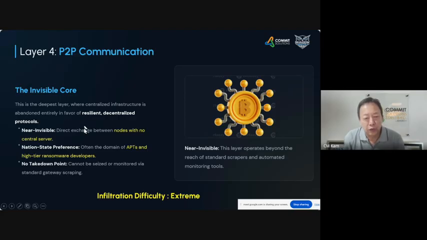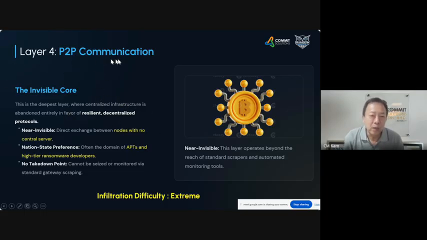And it's actually used for nation-state attacks. People have this preference because they cannot be traced. It's very easy. They can't really be traced, and you cannot take down anything. There's no central server to take down. You can't say, there's an IP here, you take it down, and everybody loses communication. There's no such thing, right? So there's no takedown point. So the infiltration difficulty is extremely high. You really need a lot of insider communication, or you must be high ranking within the dark web to even have access to this area of communication.